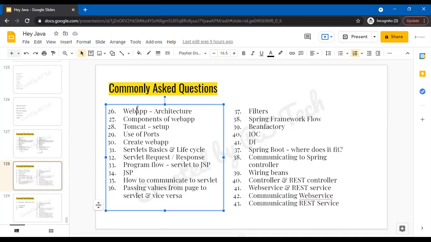How do we create a servlet? The answer is very simple. Just extend HttpServlet, done. You get a servlet. If you want a servlet, you become a child of a servlet. If you want to be a millionaire, you just become a child of a millionaire. Same way, you become a child of a super parent servlet, you get the qualities of a servlet, and everyone will consider you as a servlet. Same way, a simple Java class, if you extend servlet, it becomes a servlet. That's all.